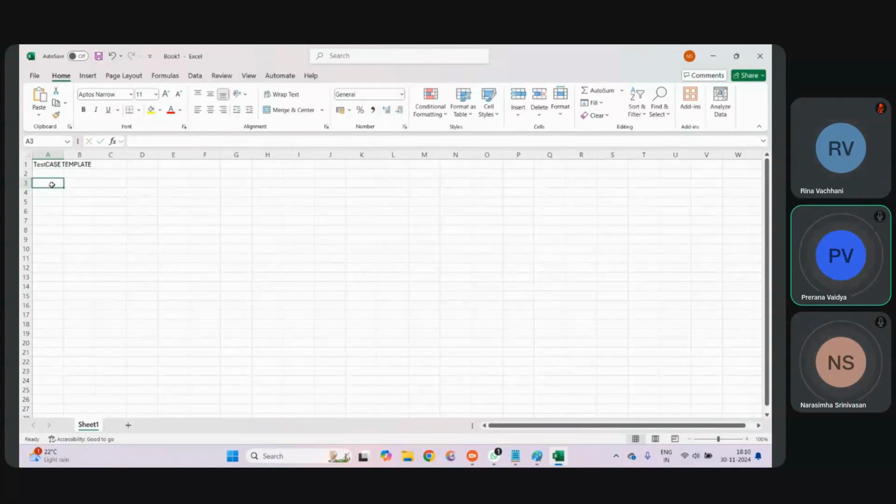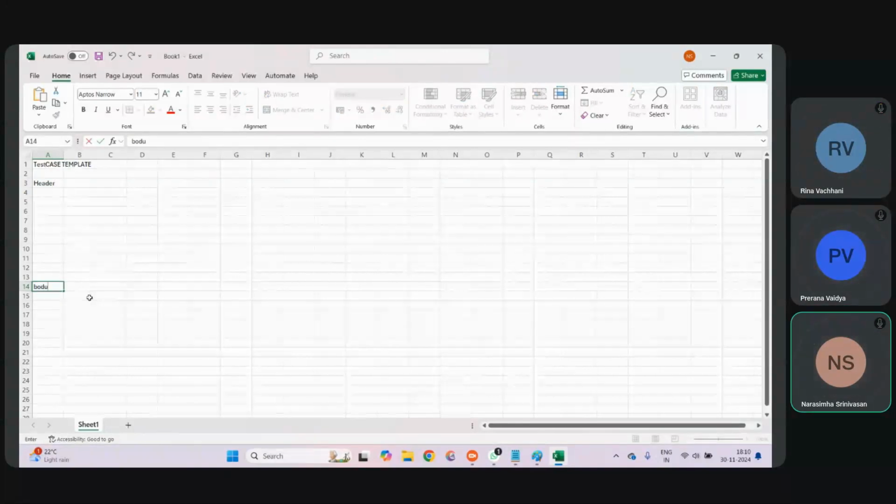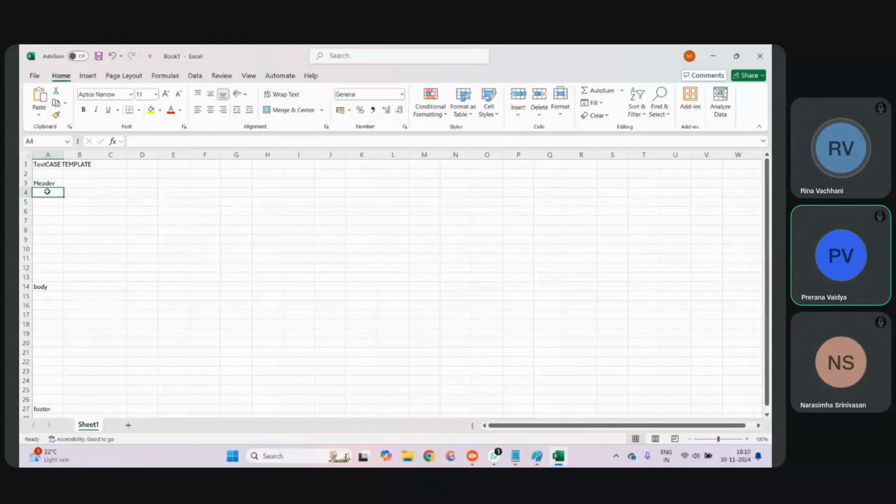So a test case template is divided into header, body, and footer. Like a human is having head and body and legs, similarly, a test case is having three parts: header, body, and footer. So first, always test case